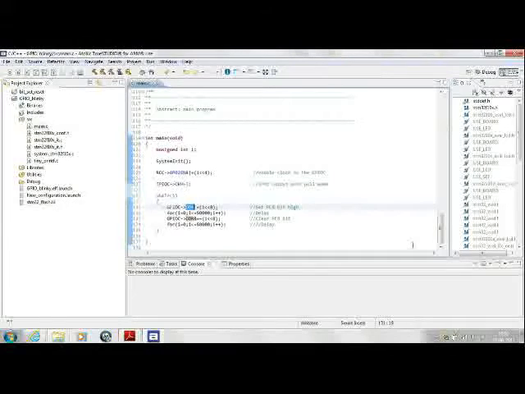This notation, OR equals 1 left shifted by 8, makes sure that the other port pins are not disturbed and the 8th pin gets ORed with 1, and anything ORed with 1 will make it 1. So even if it was 1 before, it will be 1. If it was 0, then it will now become 1. The comment rightly says that this sets the 8th bit on the port C to high.